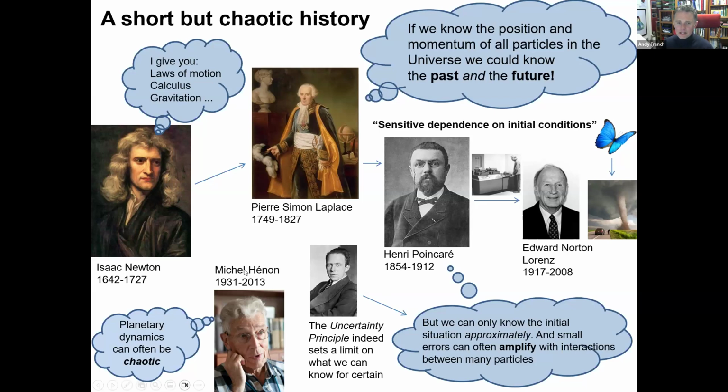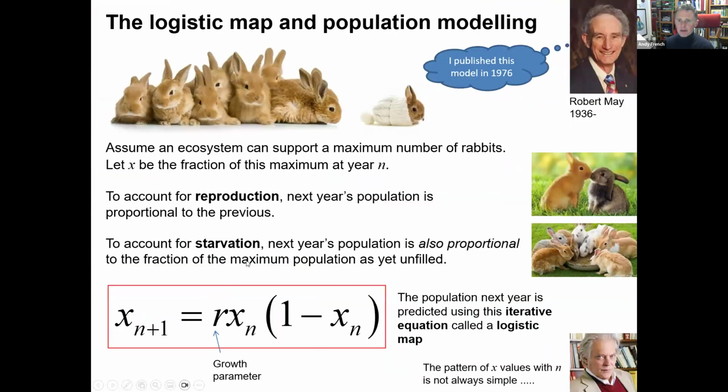Right, so I'm going to start off with a simple example, which is this one here. This is Robert May, and he did all sorts of fun things. It's also the same name as the person who wrote Rudolph the Red-Nosed Reindeer, but it wasn't him. Part of his mission was, can you find a really simple mathematical system which gives rise to chaotic behavior, so we can teach this in schools and get all of you guys interested? And the answer is yes, and this is it.